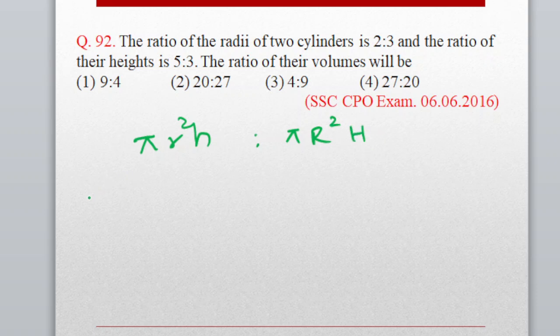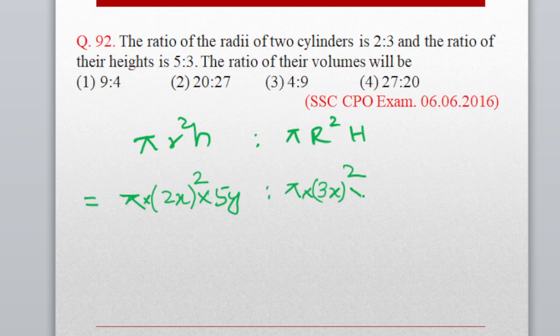It is given that the ratio of the radii of the two cylinders is, suppose one is 2x and the other is 3x, and the ratio of their heights is, suppose one is 5y and the other is 3y. So that is equal to pi